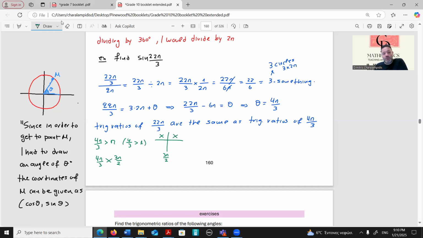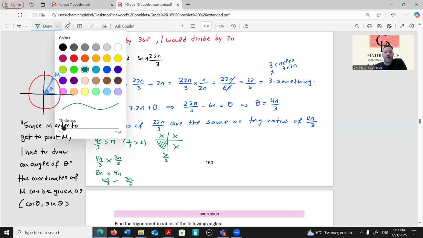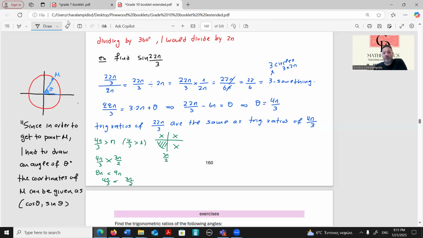We do some cross multiplication. 8 pi less than 9 pi. Whatever holds for these products holds for the fractions above them. So 4 pi thirds should be less than 3 pi over 2, which means that we should reject the fourth quadrant as well, and we are working on the third quadrant. Let me change color again. On the third quadrant now,